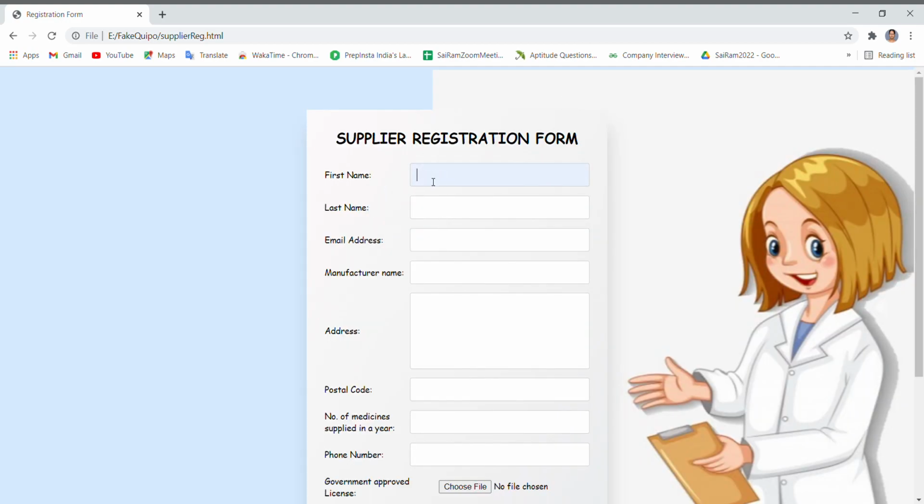Since I am registering here for the first time, I have to fill this form as a supplier.